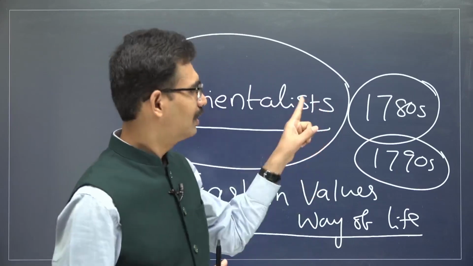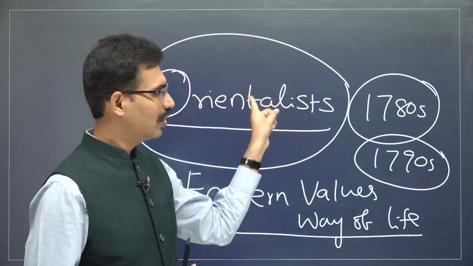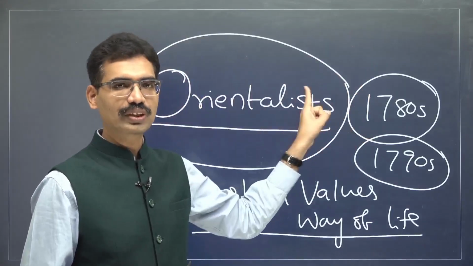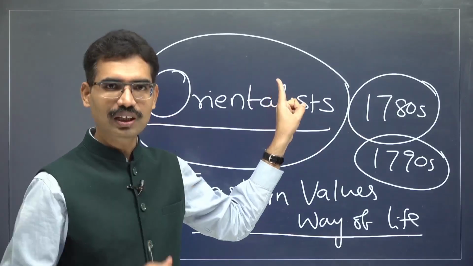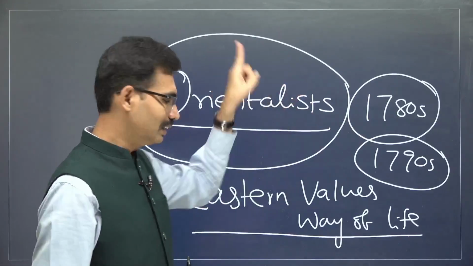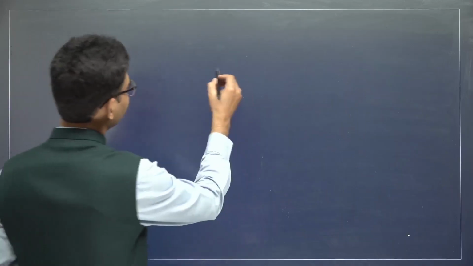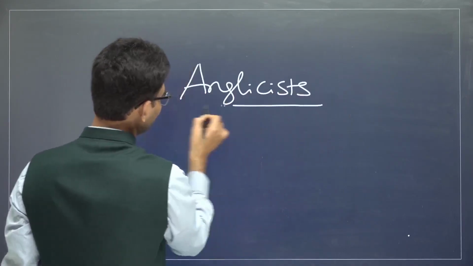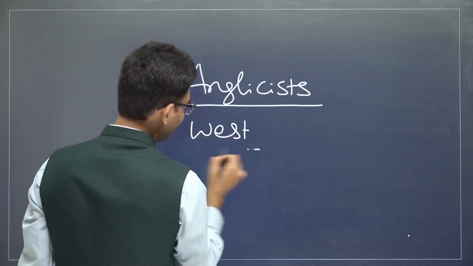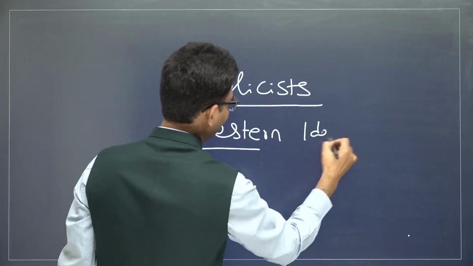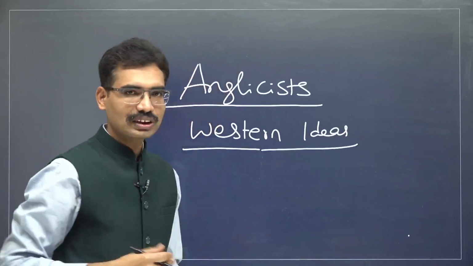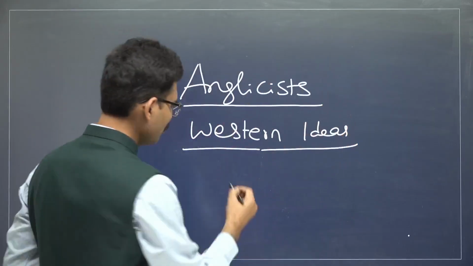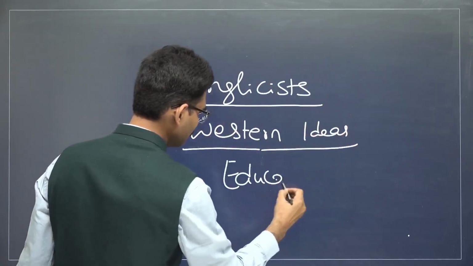In the similar manner, English society, European societies also faced that kind of struggle that we should not encourage Sanskrit, we should encourage English because English society is more advanced. That created a different kind of class of people there. They are called Anglicists, or who is believing in Western ideas and who are believing Western values, Western knowledge is more stronger than Eastern knowledge. So now you see this with respect to education,